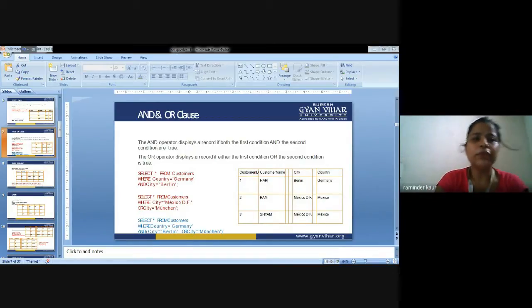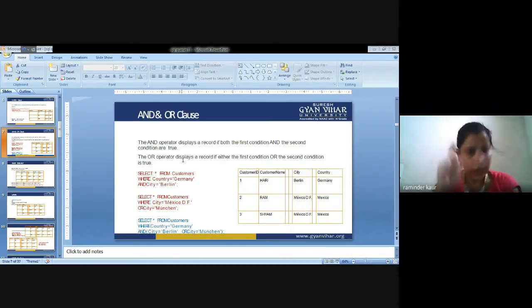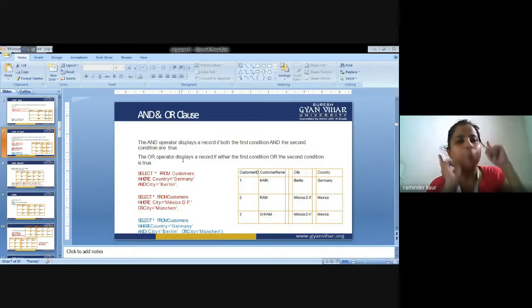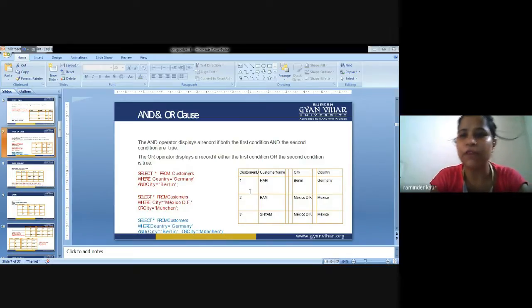Next I am going to show the syntax of the AND operator. SELECT * FROM customer WHERE country = 'Germany'. The country should be Germany, and with the AND clause, the city is equal to Berlin could also be true. If both the conditions are true, then I will proceed with fetching the records from the database. So country Germany and city Berlin. Only the first record will be fetched because the first record satisfies the condition of my AND clause.